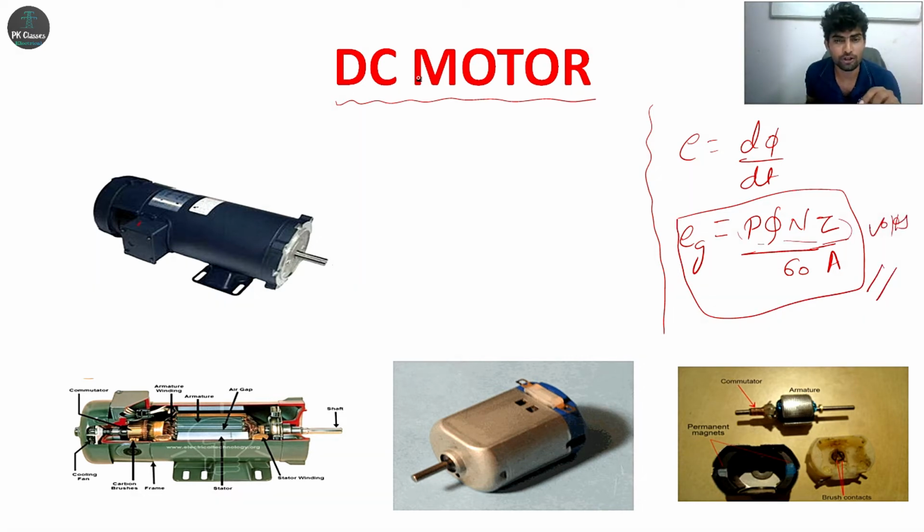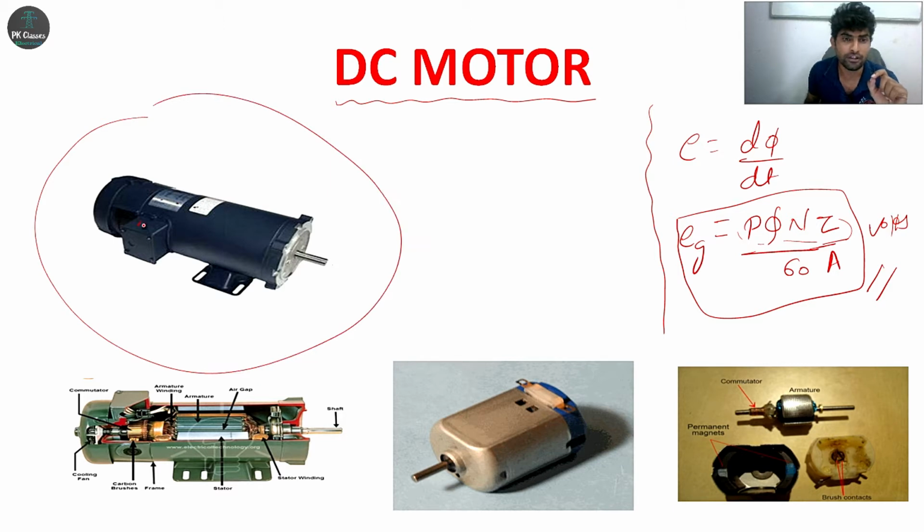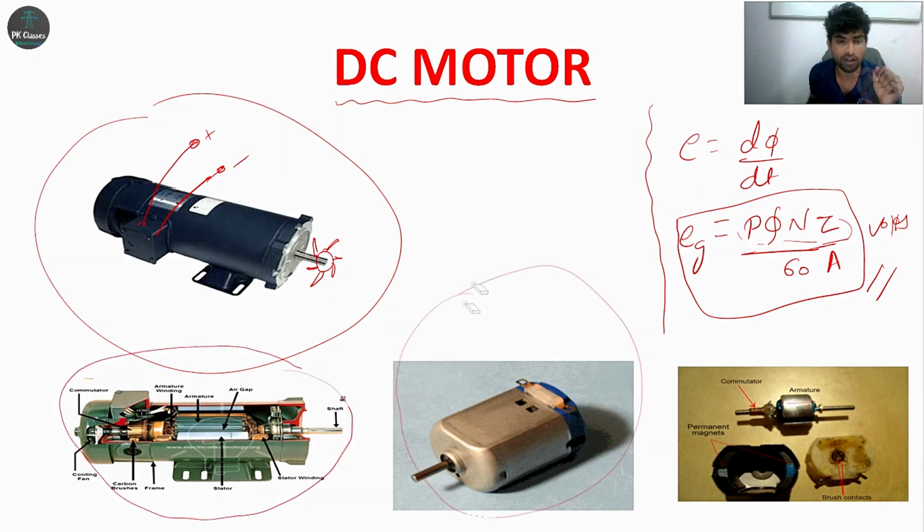We'll move on to the topic DC motor, which converts electrical to mechanical energy, right? As you can see in the diagram, the motor model. If we give power supply here to the terminal box from the battery, what happens? This shaft will rotate, right? So you can connect here a fan, trolleys, cranes, hoist, lift, elevators, pumps, etc. Right? These are the parts of a DC motor.